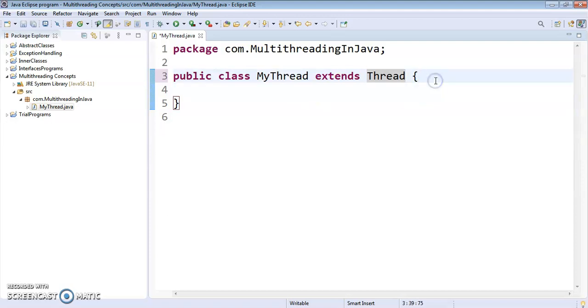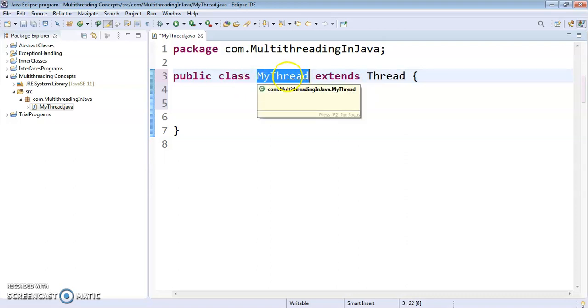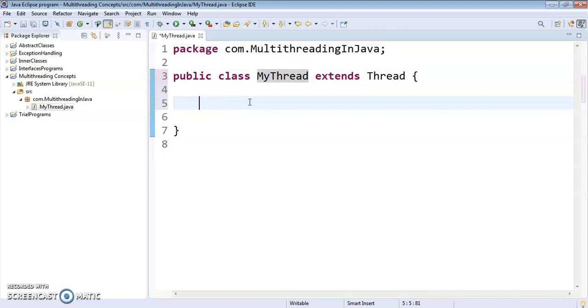Inside this Thread class there is one method known as run method. Whenever you are extending this Thread class into the subclass known as MyThread, which is a user defined thread, then it is mandatory that you override that run method in the subclass. So we will write the code for that.